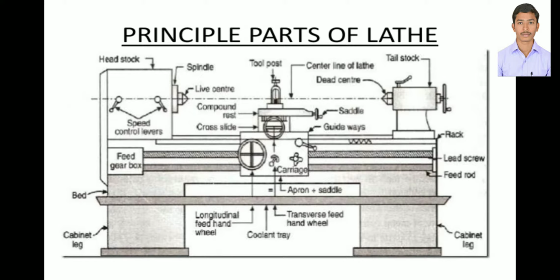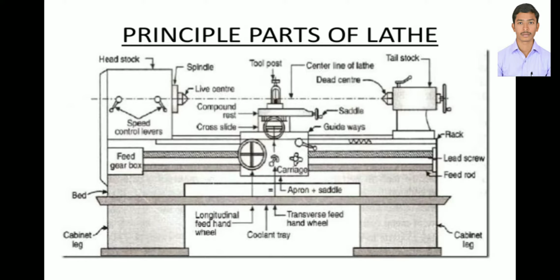So these are the principal parts of a lathe machine. This is the 2D diagram of a lathe machine. In examinations, whether external or internal exams, the question may ask how to draw the lathe machine and what the construction details of the lathe machine are. So how to draw it and what parts are involved in the lathe machine. So we can draw the 2D diagram. This is the 2D diagram of the lathe machine.